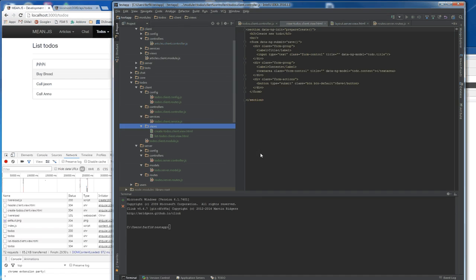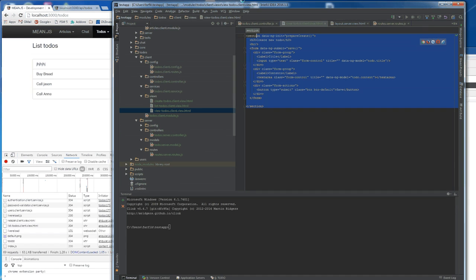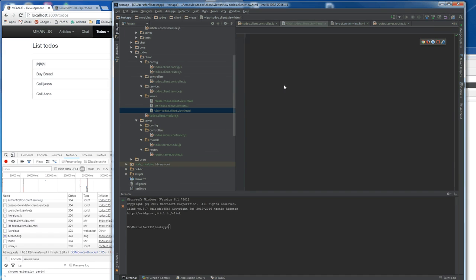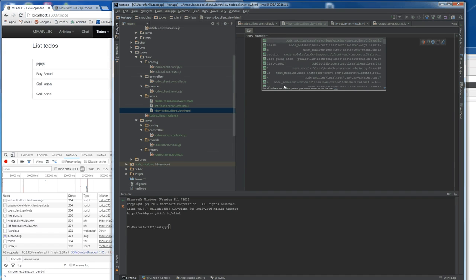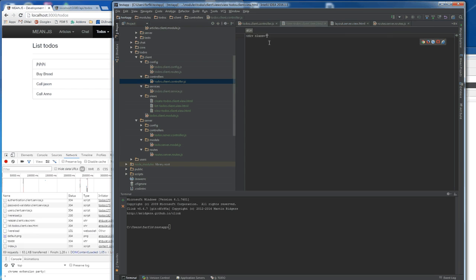view to-dos. In this view to-dos, I'm going to show all the objects, strong, I'm going to type the title, to-do.title, and then